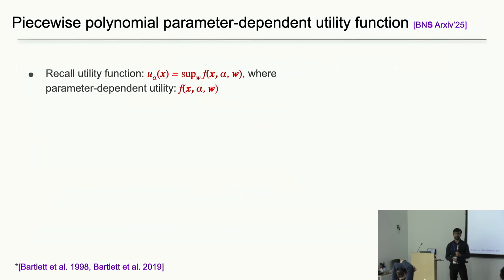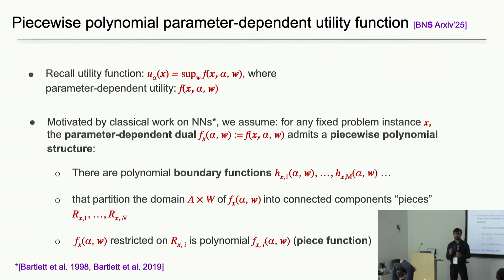Okay, so recall this was our utility function, and there's classical work on neural networks which assumes that this function is piecewise polynomial. Some concrete examples where this is the case is ReLU activation. So this is one of the assumptions we need to make in order to give guarantees. If you have, for example, ReLU activation, the neural network's behavior can be expressed as a piecewise polynomial function. So you can have boundaries which are also polynomial, and within each piece, the behavior of the network is a polynomial function. This doesn't quite apply if you use things like sigmoid activations, but that's another interesting direction. And we hope that using some of the Pfaffian techniques that we introduced, we can extend the current results beyond